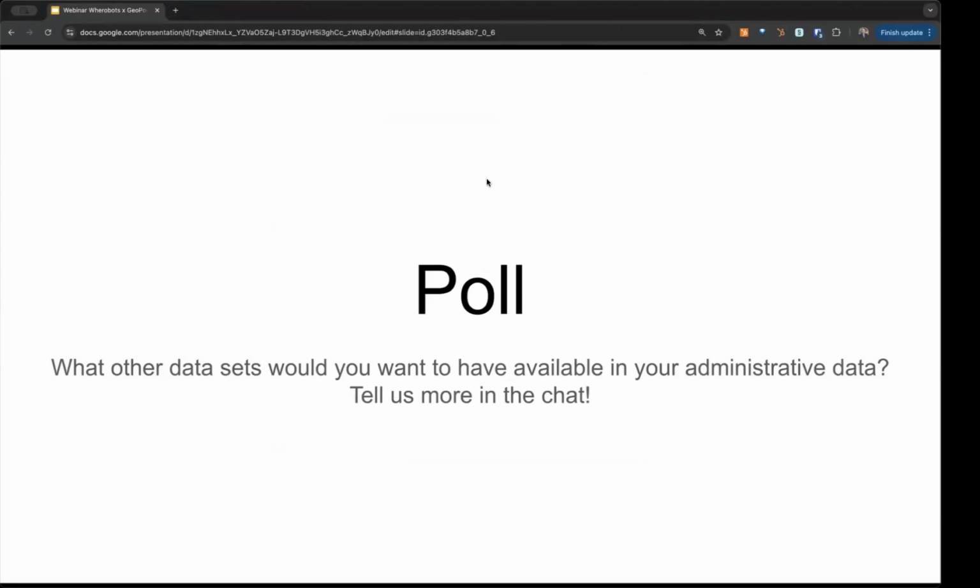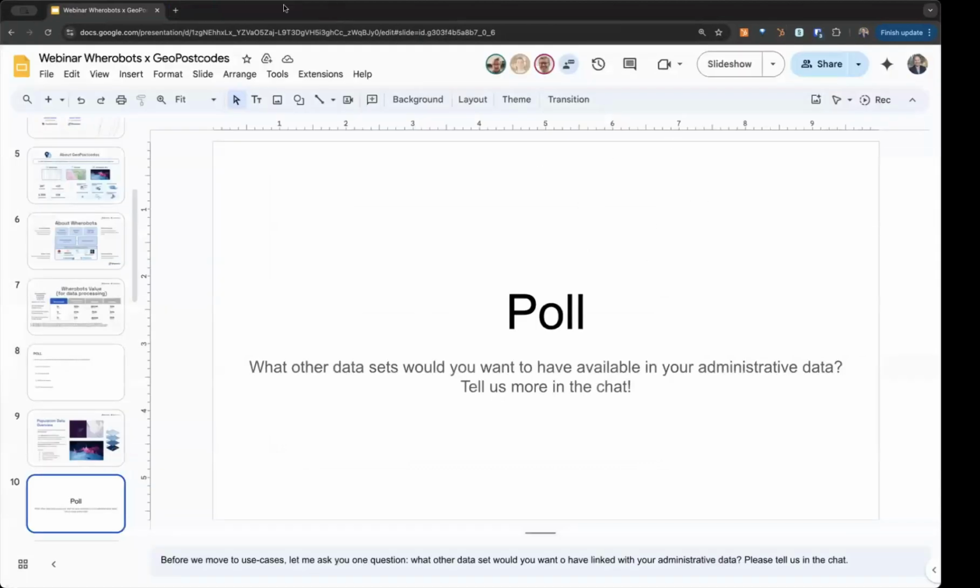Poll results. What other data would you like to have in here? I'm going to just stop sharing for a second here, folks, so that we can pull this out the right way. We'll view the details. So I'll just share what people said